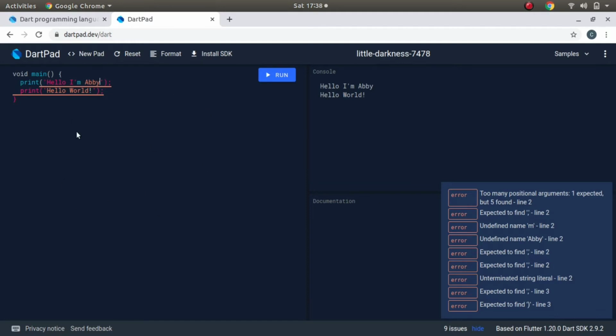DartPad is smart enough to tell what compilation errors could occur beforehand. So this "m Abby" is not readable by the compiler. It can't understand what it is, and there's no sense of an opening without a closing inverted comma. There is no closing inverted comma for this one.